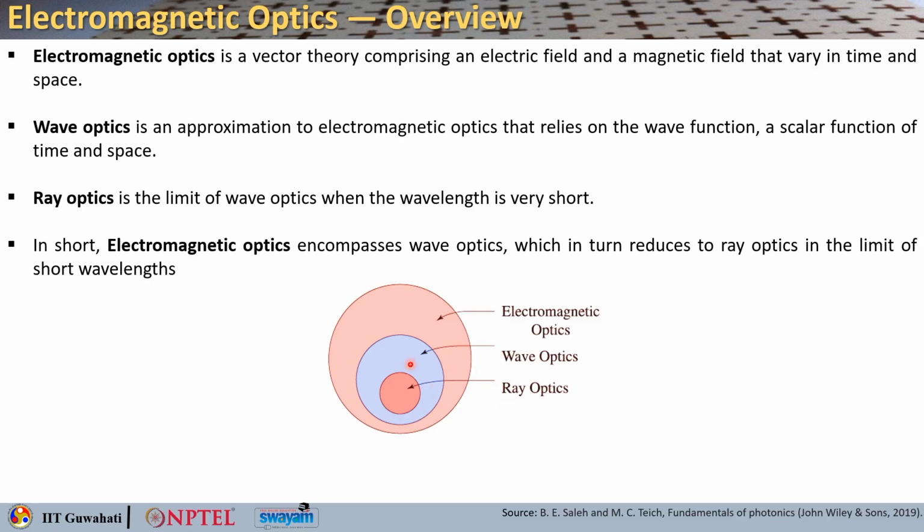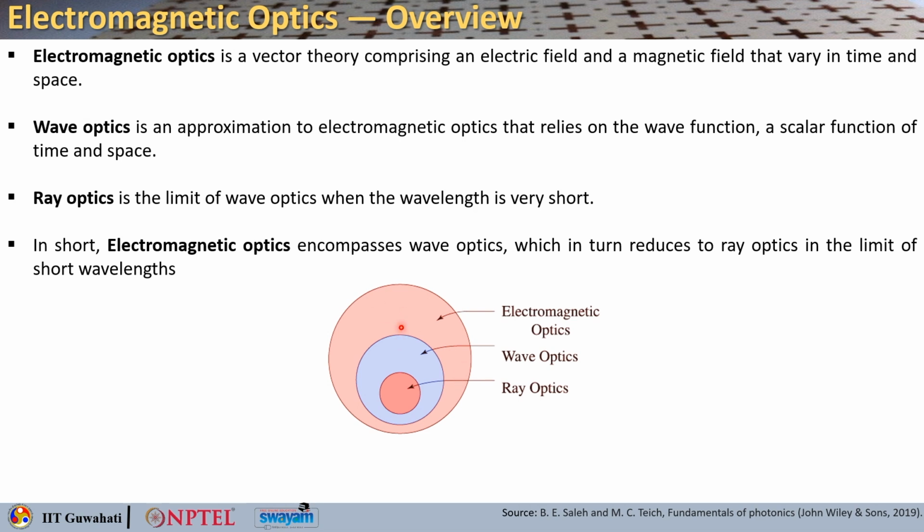But wave optics can offer something ray optics cannot, and that is basically the ability to explain phenomena such as interference and diffraction. However, wave optics is unable to quantitatively account for some simple observations in optical experiments as well,